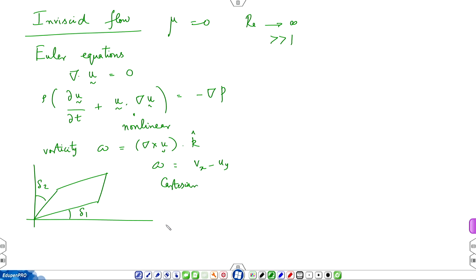while Vx plus Uy divided by 2 would be the shear strain rate of that element. It's a Cartesian form of the vorticity quantity. The advantage of introducing vorticity is it simplifies the momentum equation. So, if you do a del cross of the momentum equation, del cross del p is 0 and the acceleration term reduces to